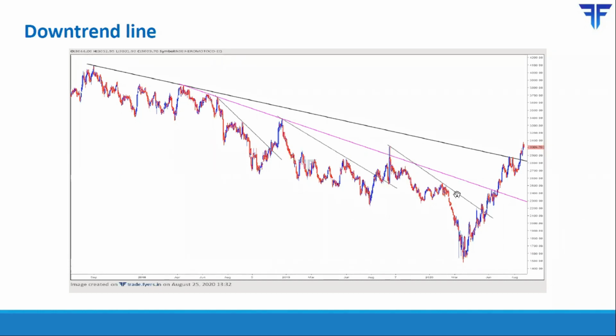Again, a final third internal trend line is drawn over here. This is the first high, and this is the next swing high that it is connecting, and that trend line was broken over here. Now, this pink trend line is an intermediate trend line that is connecting several highs. It's drawn connecting this high, which is the first high, and again this high, which is the second high, and then it has been projected forwards.